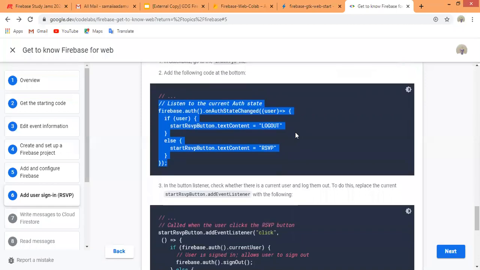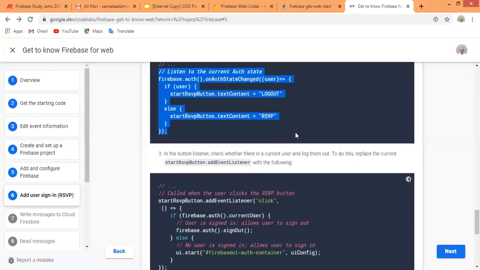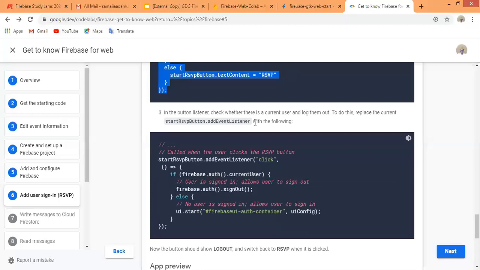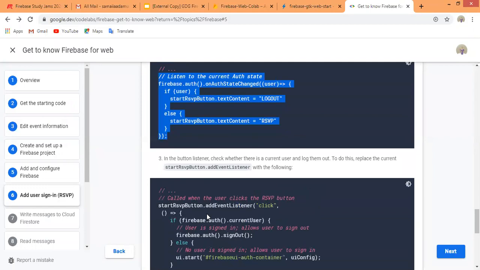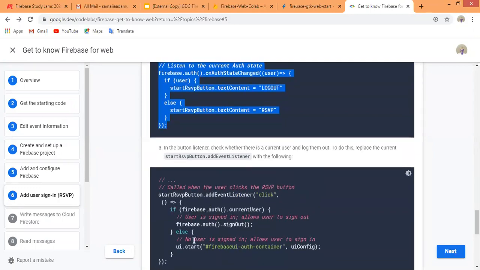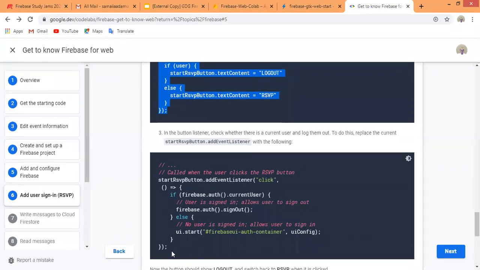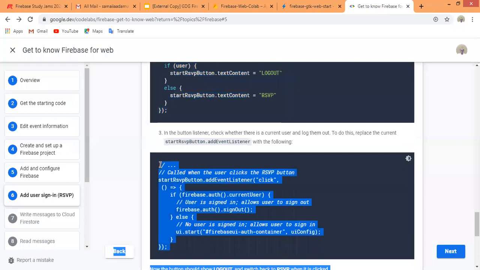So we want to track whether the user is logged in or logged out. So now we want to track the state if the user has logged in or is out. So we are going to copy this code here and paste it to the